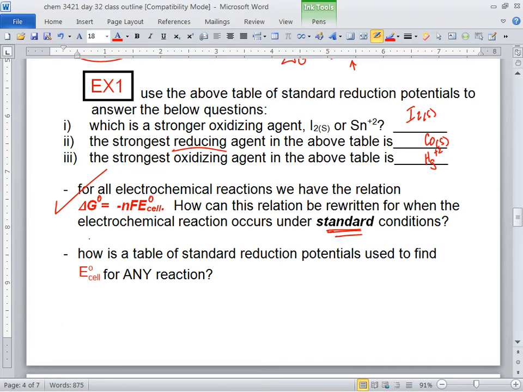What do you got to do? Let's say you've got some reaction here, something going to something, and you want to get E0 cell for this reaction. What did you have to do? Do you remember? First you broke it up into its half reactions. You find those half reactions in the table. Then you add up the